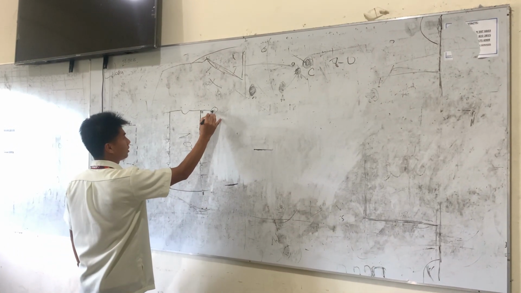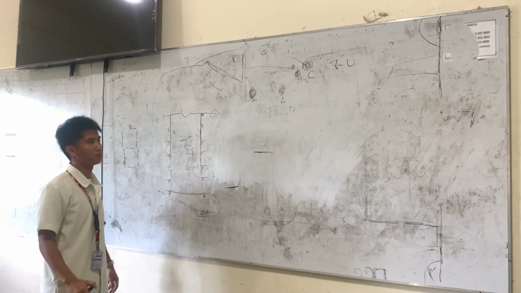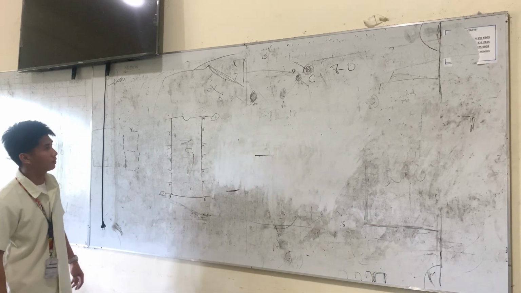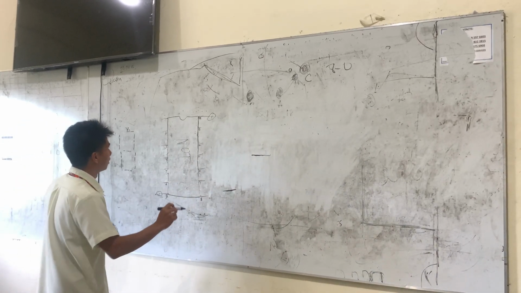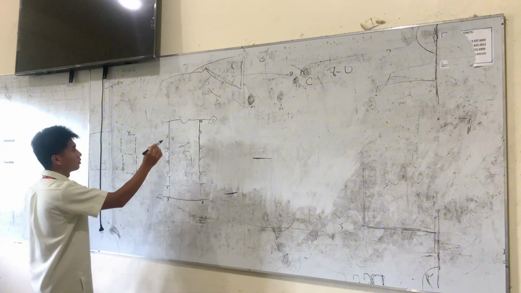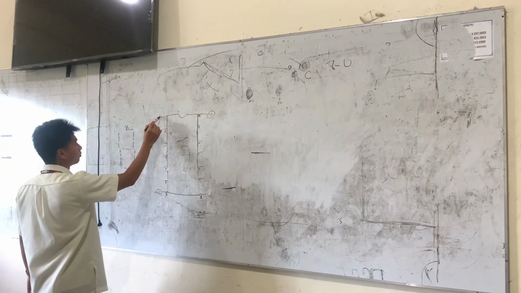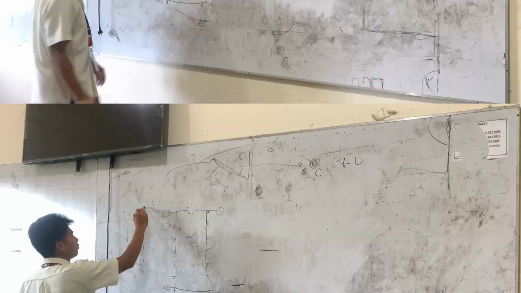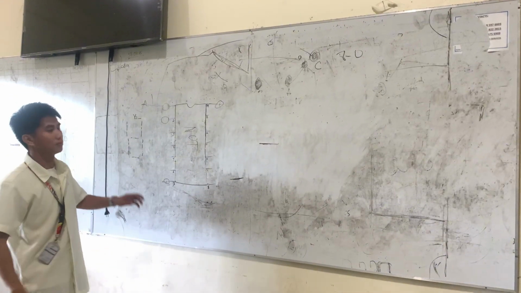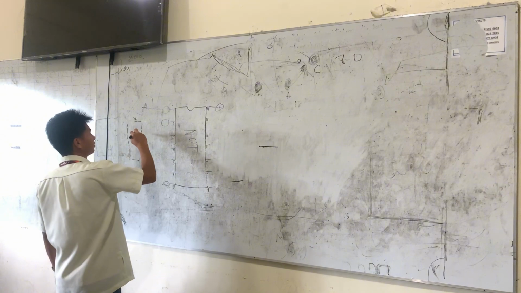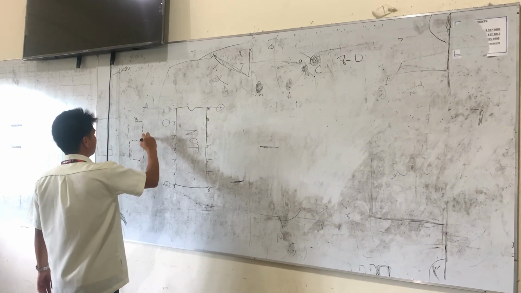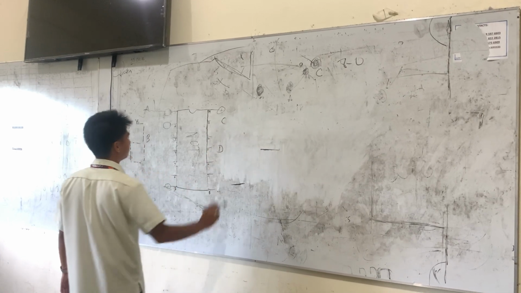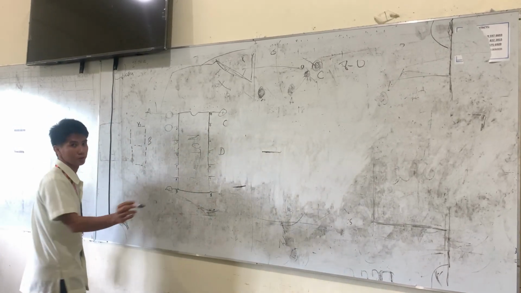This should only be the positive wire. And this one is a negative one. So since this is the NOT gate, we can only have one input and one output. We are going to do, let's say, A, and let's say B, C, and A. So this is how it works.